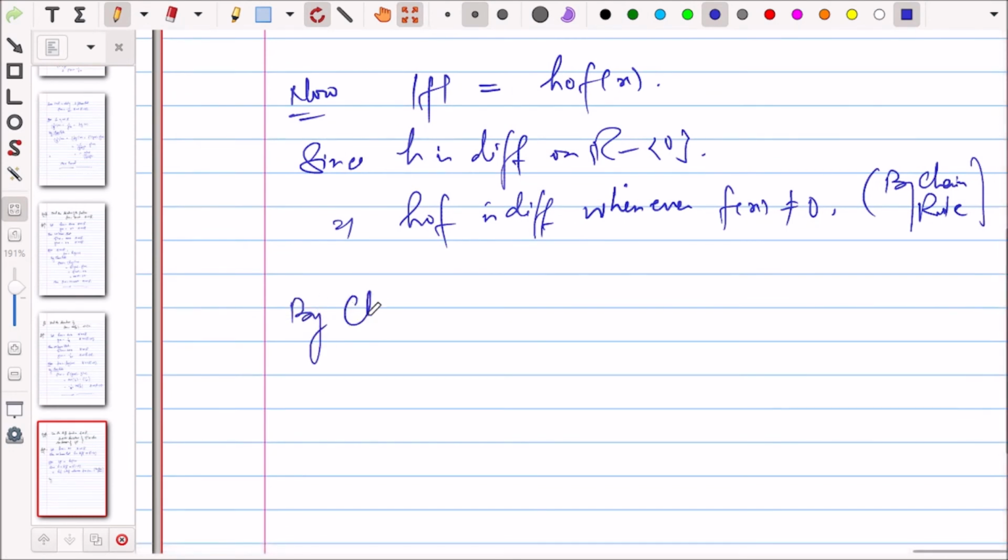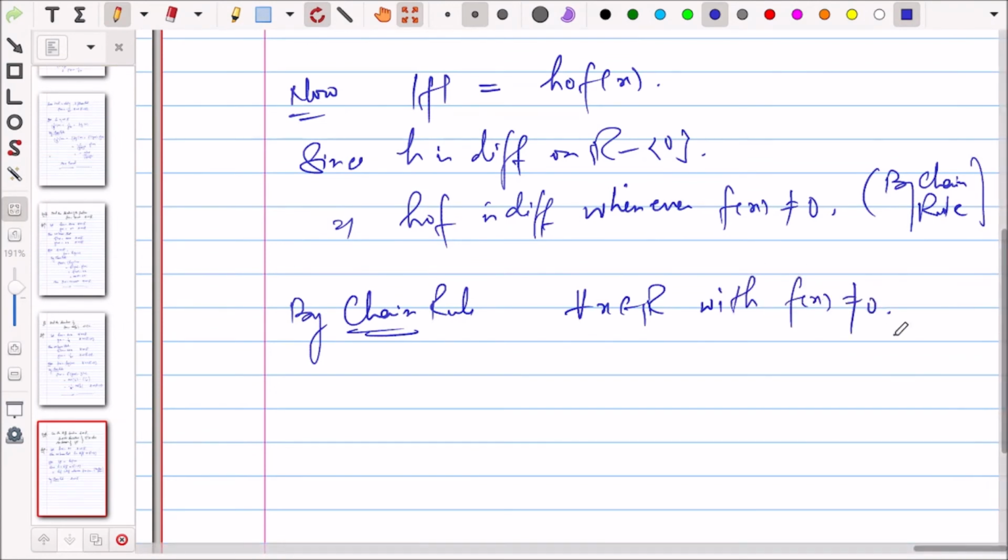By chain rule, for all x belonging to R with fx not equal to 0,